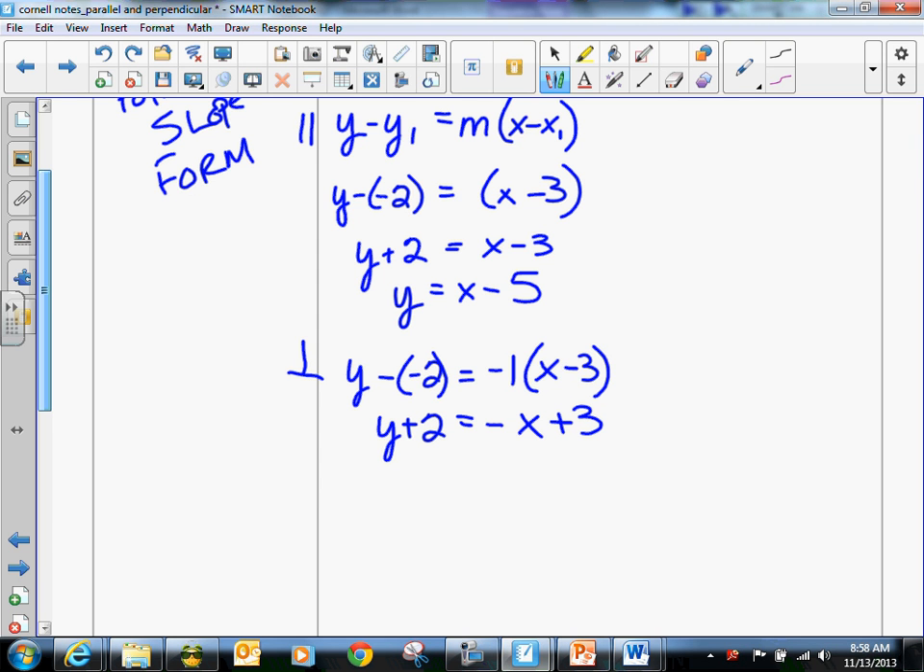So the equation for the line that's going to be perpendicular is going to be y equals negative x plus 1. My slope, remember, I had to change that to be the number I can multiply to 1 to make negative 1. That just happens to be negative 1 in this case. For my next problem,